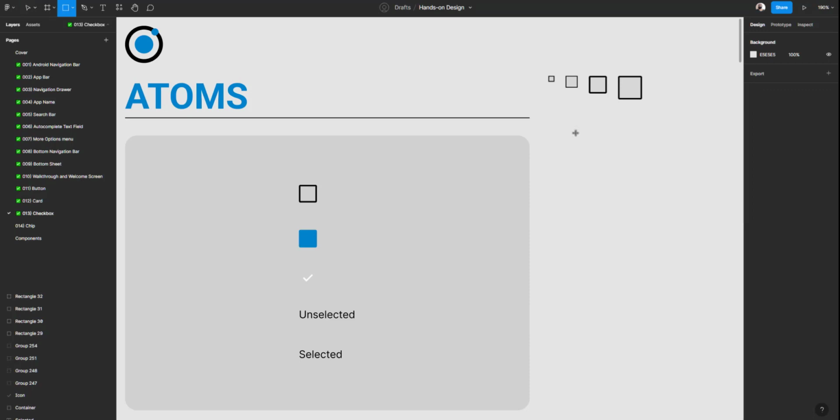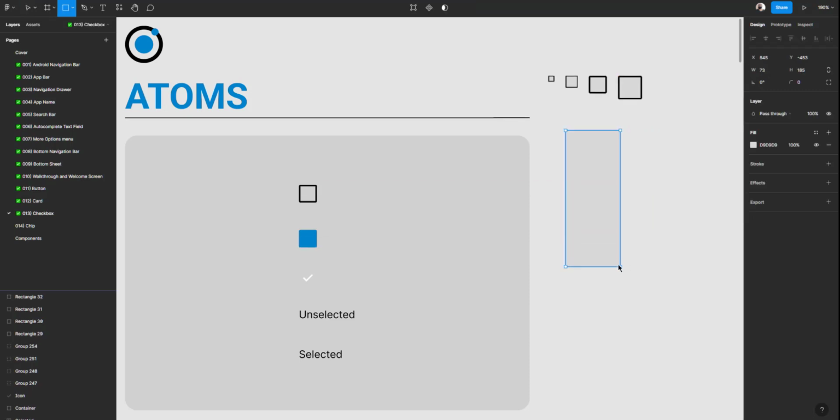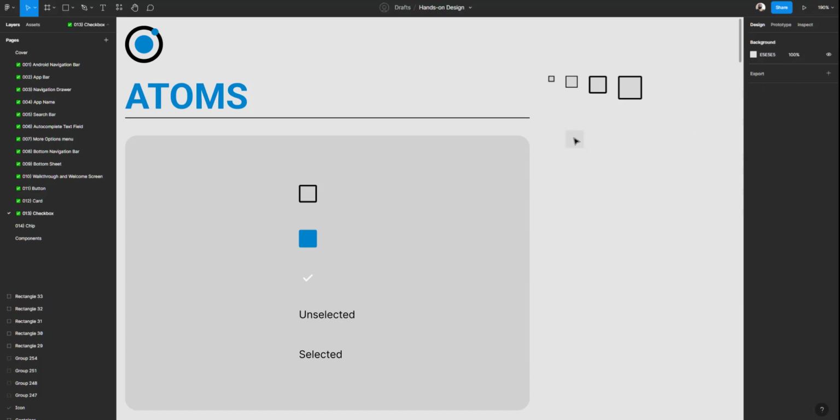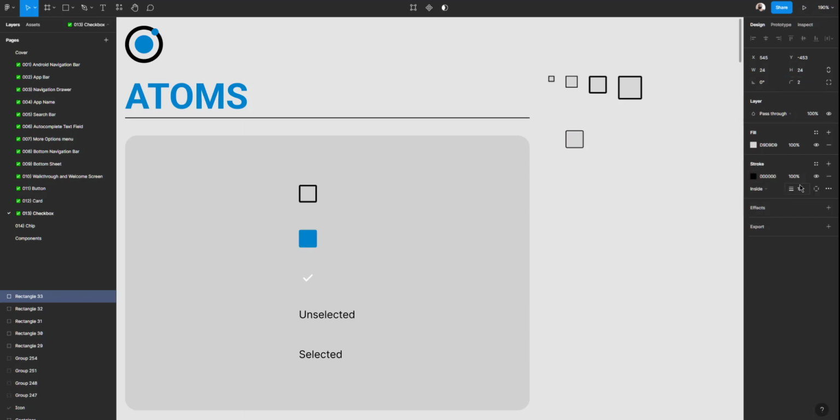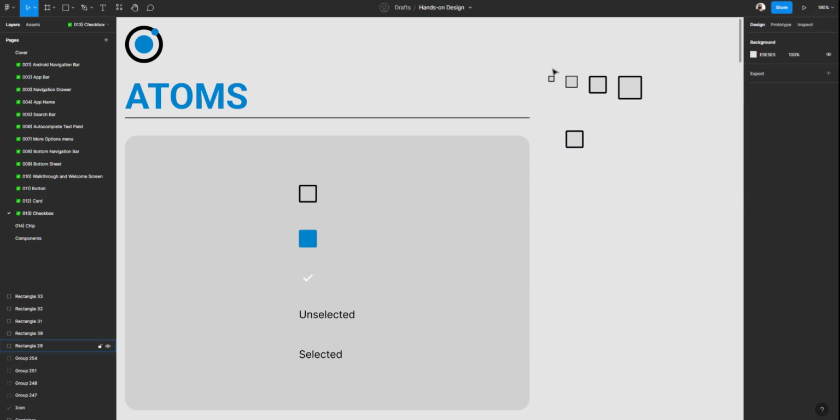We can press R. You can draw like a box, whatever size, but here it's important to type 24 by 24 to work with the same measure I'm working. So things, they will be the same for you and for me. Here we'll type 2. We are talking about this border radius. If you are familiar with interface design too, here, you know that